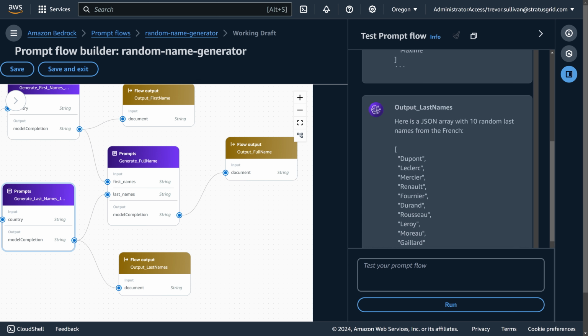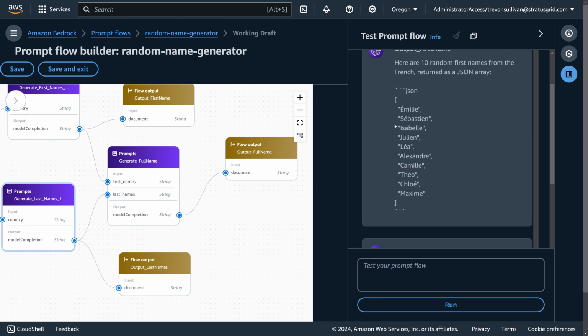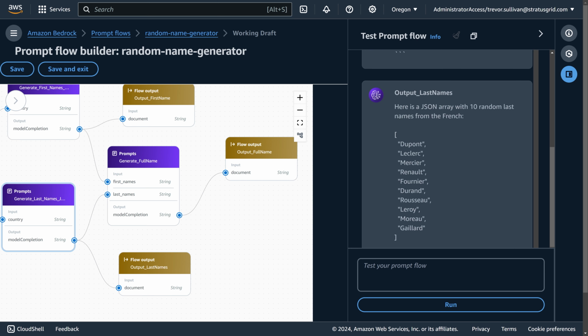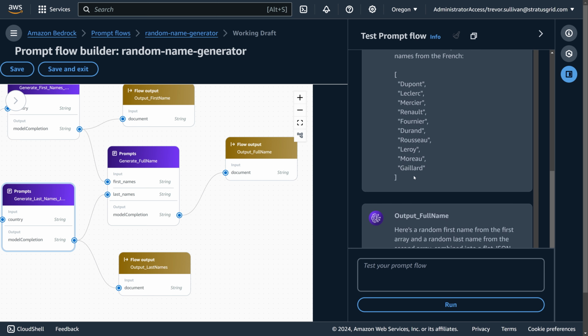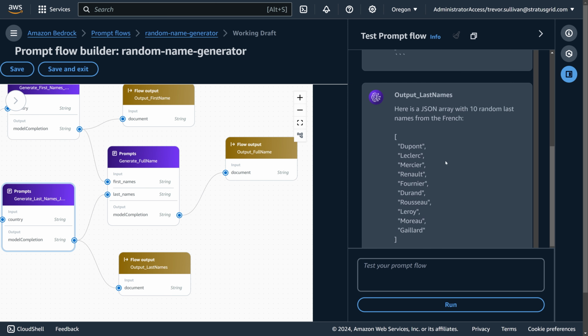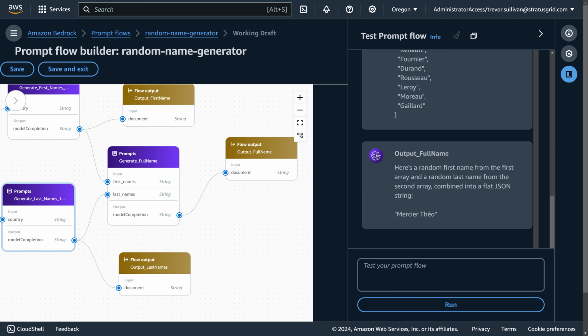So our first name is Mercier. So let's see if that's in the list right here. So it doesn't look like that's in the list. So that's kind of a bug inside of our workflow right here. And then the last name is Theo. And I don't see that in the last names here. So